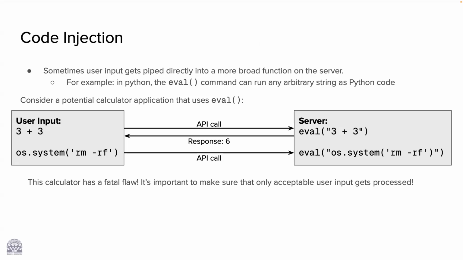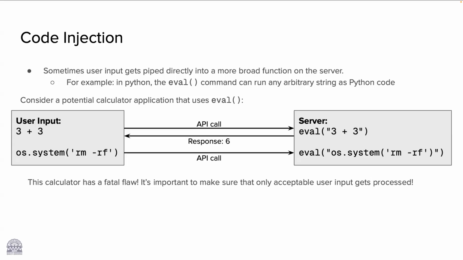The problem we're hinting at here is kind of the same thing as distinguishing instructions from data. You can inject code if there is a variable that's supposed to be text but is treated as code somewhere. This happens if you have an eval, for instance, in Python, or a similar thing in JS: any variable passed to that eval is going to be treated as code. And the problem is that